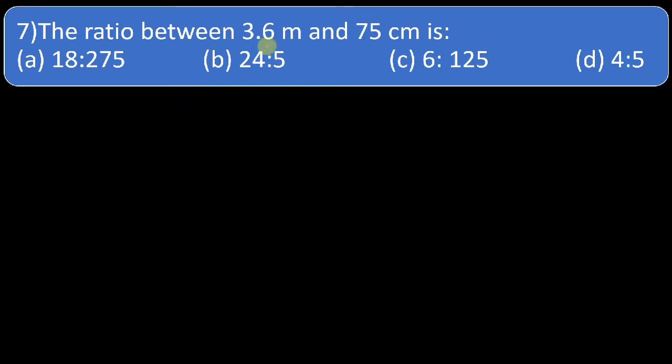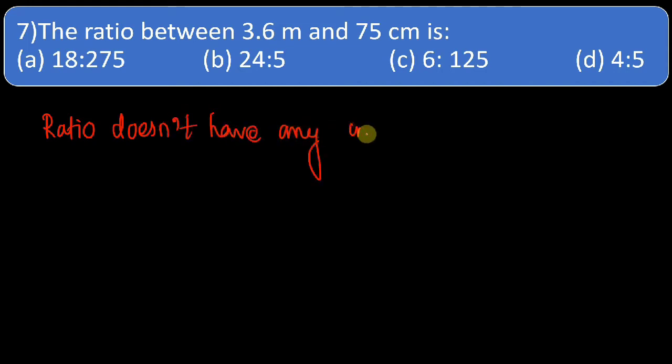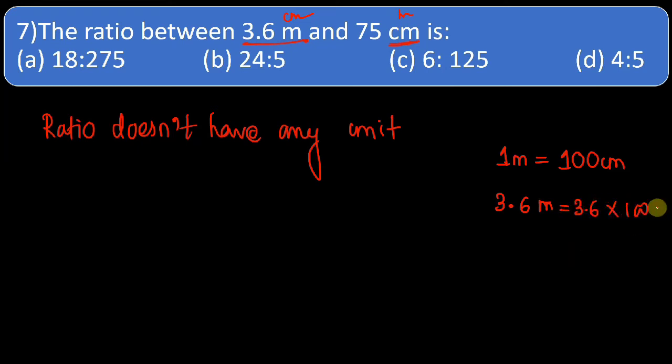Next, the ratio between 3.6 meter and 75 centimeter. As we all know, a ratio doesn't have any unit. So we have to convert this meter in terms of centimeter, or you can convert the centimeter in terms of meter and find the respective ratio. So we all know in 1 meter, 100 centimeter is there. So in 3.6 meter, we can convert this one into 3.6 into 100 centimeter,